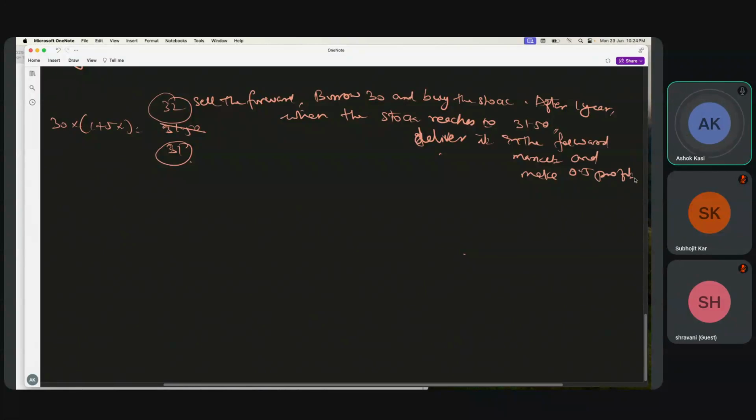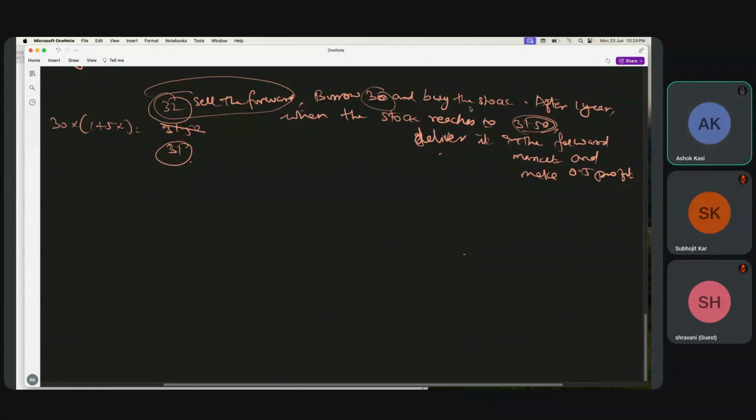This is what we have seen first, because finally I have sold for 32 and I bought for 31, and when the stock reaches 31.5, or I bought it for 30 and